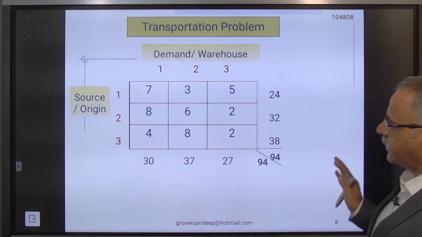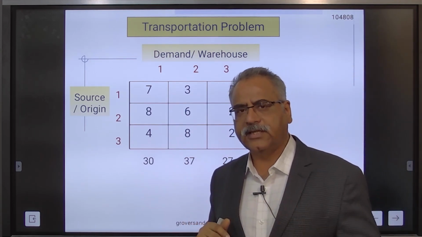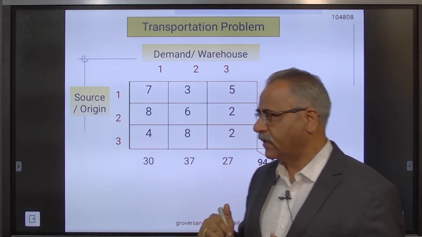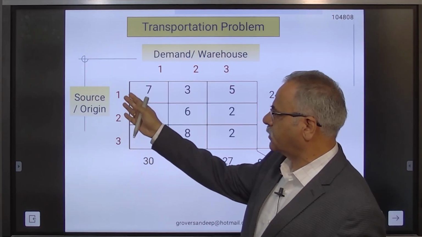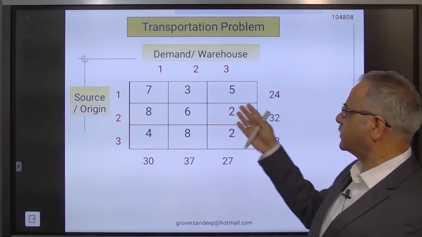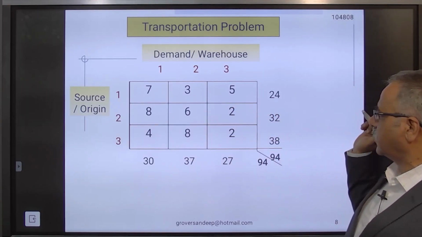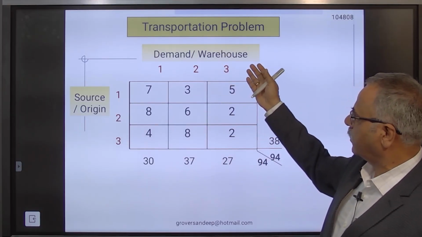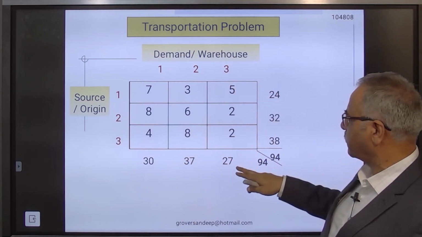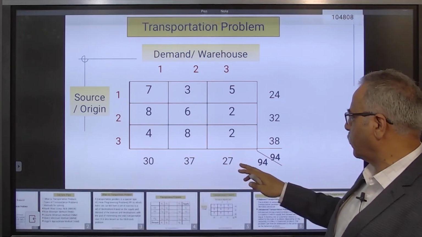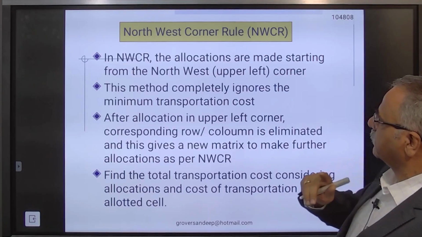Now this is the problem that we have taken to solve. This is one problem which will be solved by all these 5 methods, so that we can compare the results. You see, this is a source or a region, or you call it a plant which is manufacturing. There are 3 plants which are manufacturing certain units. So plant 1 is manufacturing 24 units, plant 2 32, and plant 3 is 38 units. So this is a demand or a warehouse. So in warehouses, these numbers of units can be kept. So that means warehouse number 2 has a capacity of only to keep 27 units. So accordingly, you see these are equal, and now we have to solve it by, say, first is